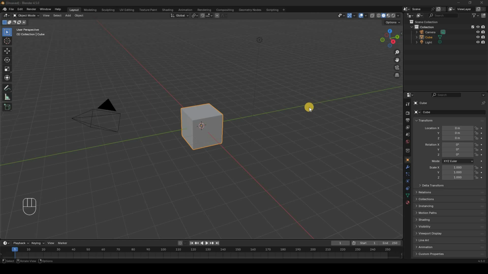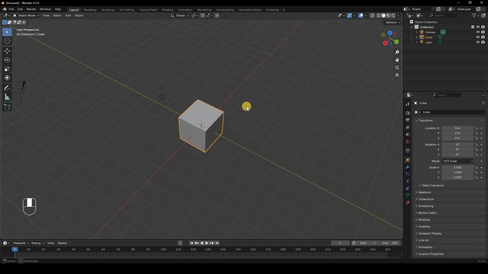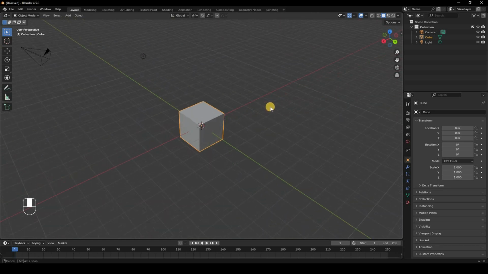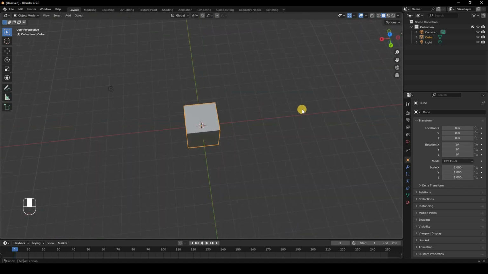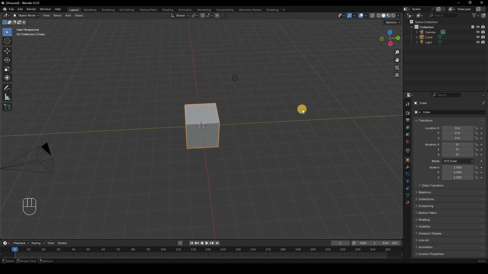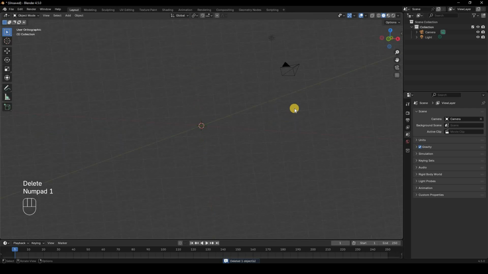So today we'll be taking another step towards modeling. But if you're going to model anything, the first thing you need to know is how to add reference images to Blender. So the first thing I guess we're going to do is delete this default cube, and I'm going to click on 1 on my numpad to go into